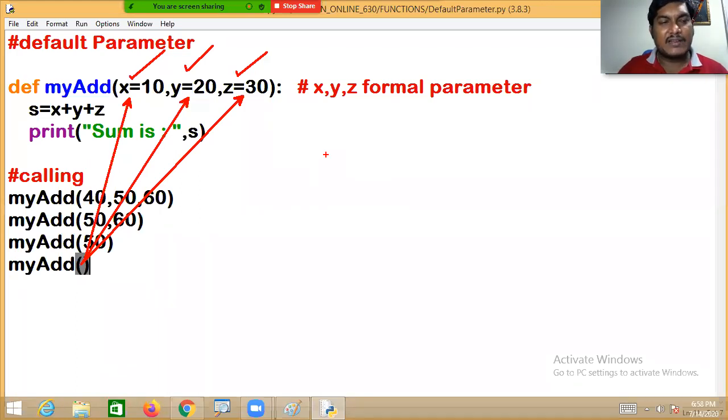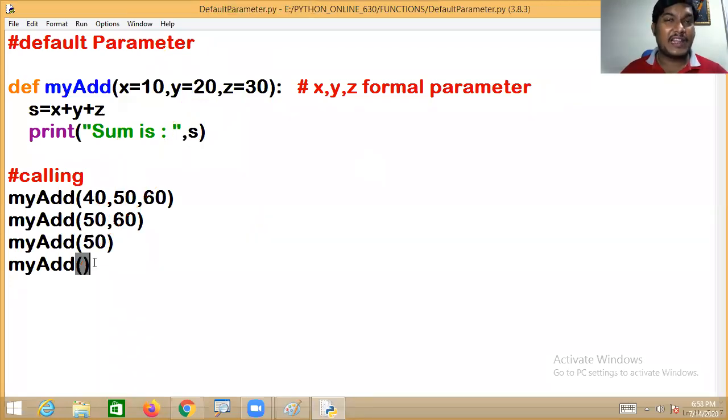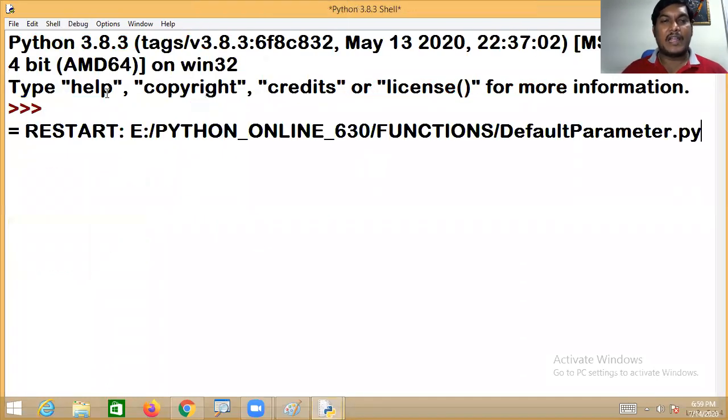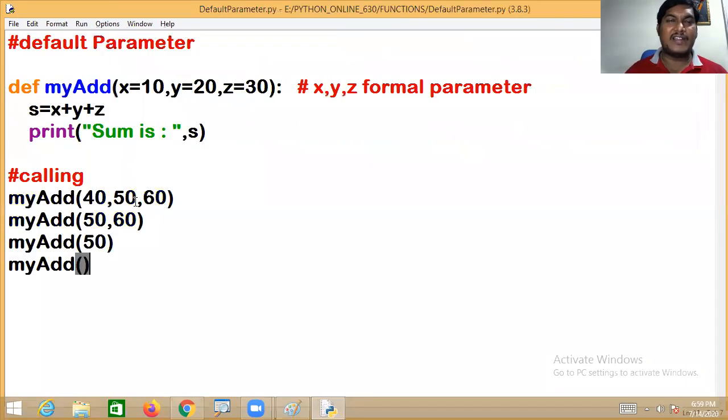Even we can say that default parameters are also optional parameters. Please notice that. Let me run this. I hope you got the point about what a default parameter is. It is the process of defining the formal parameters with some value. The default parameters are automatically replaced by the actual parameters if we pass them.